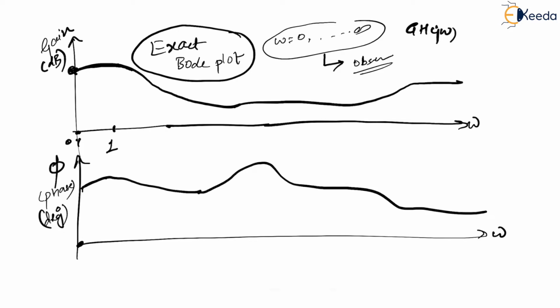But if you check out, for any human being it is impossible to start with frequency 0, end up at infinity, take those observations and then draw this plot. It is going to be very, very difficult, right? Because we really do not have so much time in the exam also to keep omega equal to 0 and then find the gain at each frequency. No, it is impossible, right?